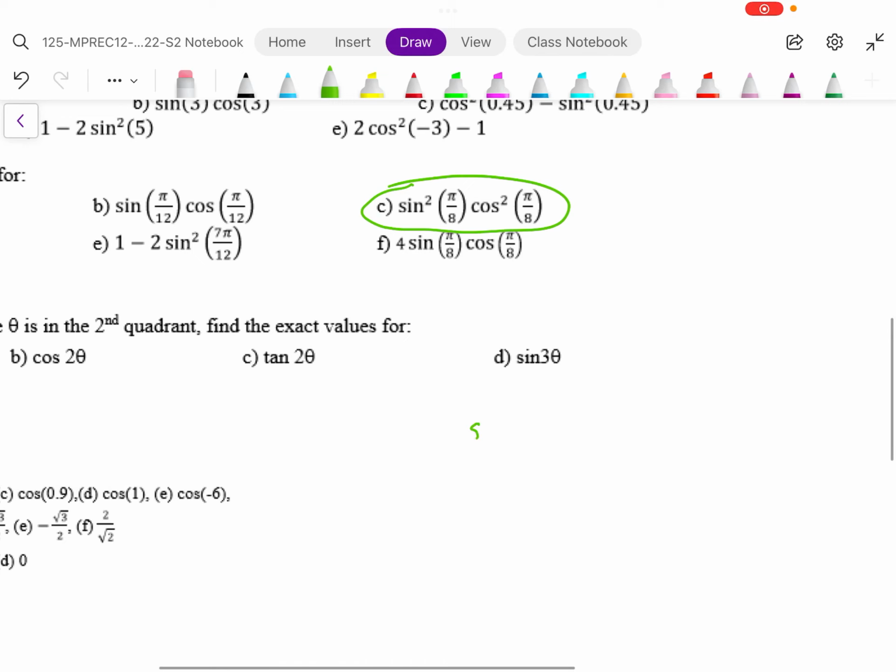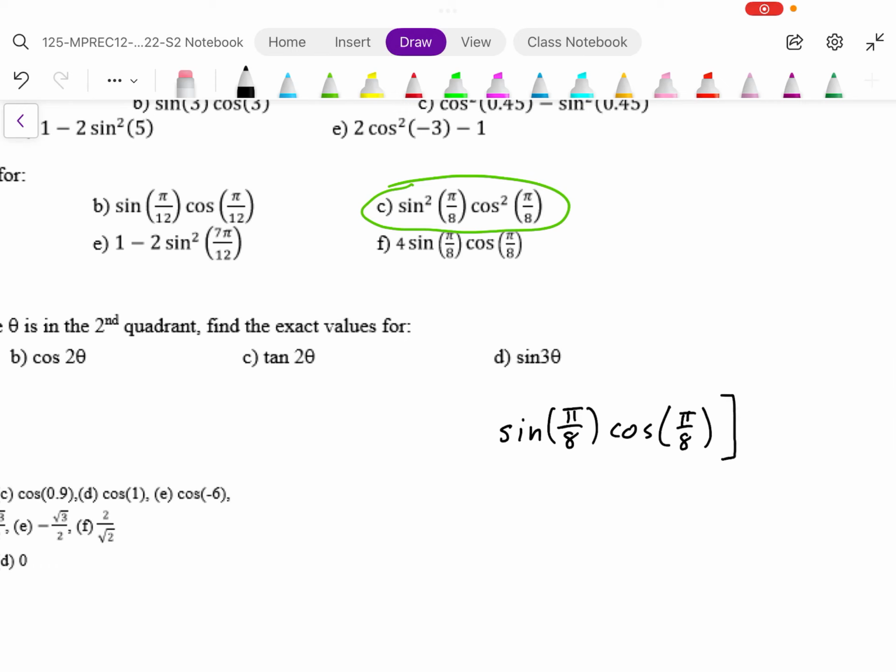So I'm going to start with sine pi over 8 cosine pi over 8, and I'm going to put the square on the outside of all this. That is equivalent to what we started with. Okay, so that expression I have here is exactly the same as what we started with, but now we need